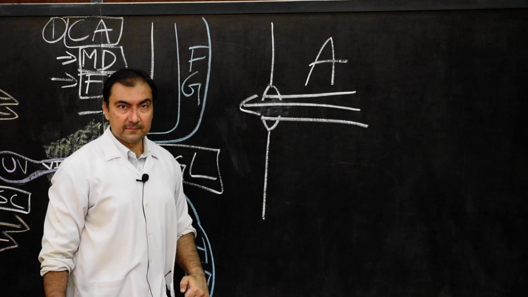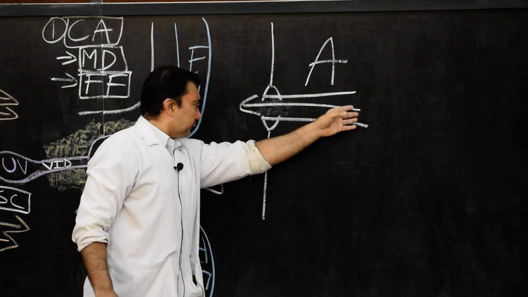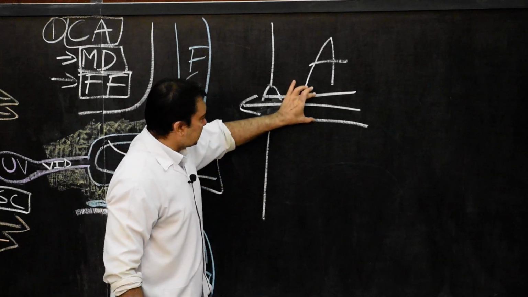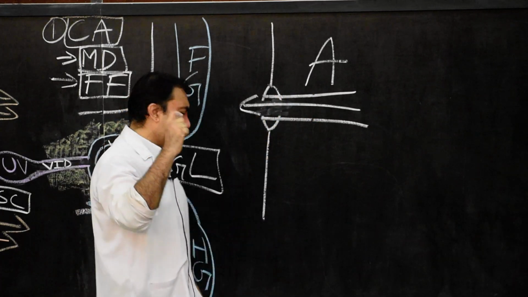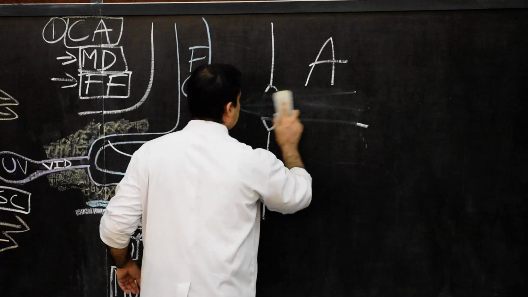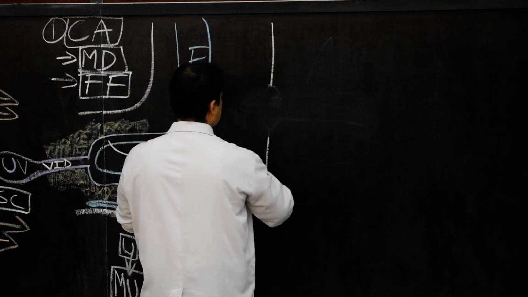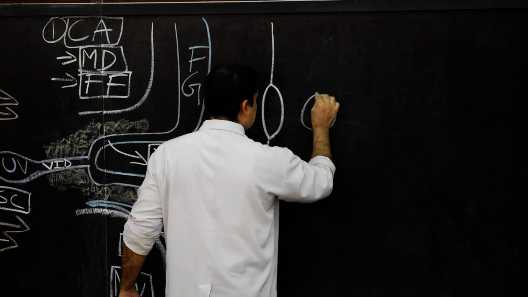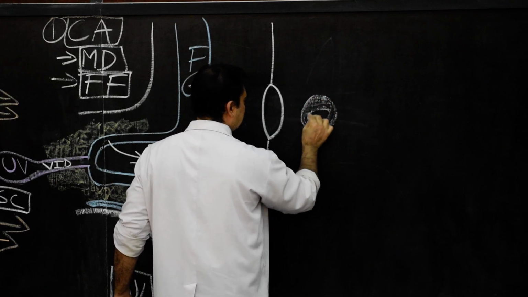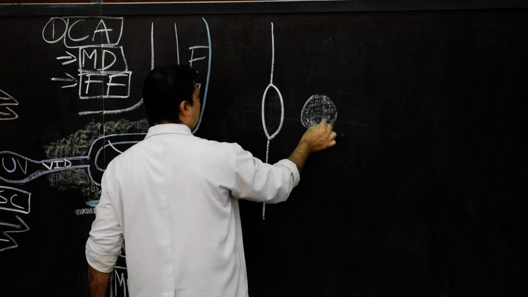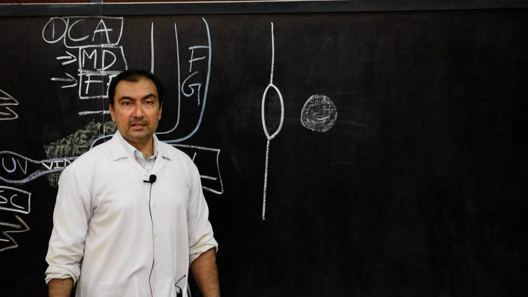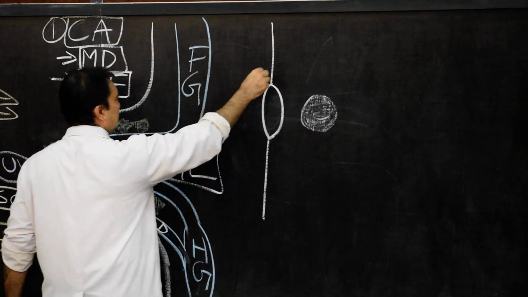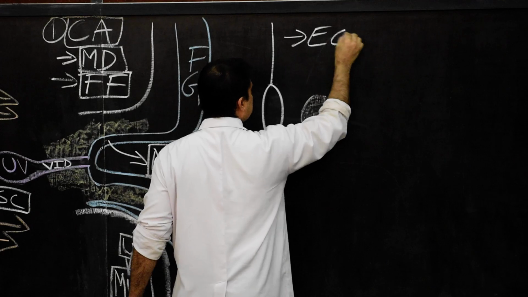Second congenital anomaly. Third congenital anomaly. Instead of the entire vitellointestinal duct remaining patent, only the middle portion of the vitellointestinal duct will remain. Then what will happen? Here once again I will draw the umbilicus, and if only the median portion of the vitellointestinal duct remains, then it is converted into a fibrous tissue or fibrous mass, which will be known as enterocystoma. So the third congenital anomaly, here I will write this as enterocystoma.